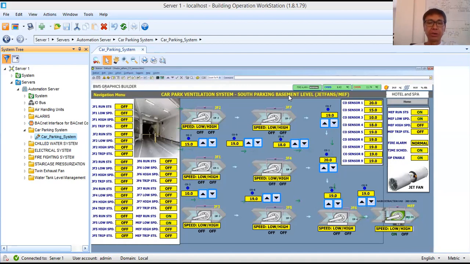Today, what I'm going to do is give you an idea about a car parking ventilation system. This is one of the projects that I handled in Qatar. I just tried to recreate the system. So I'm going to show you how this car park ventilation system works. As you can see in my graphics, I have here